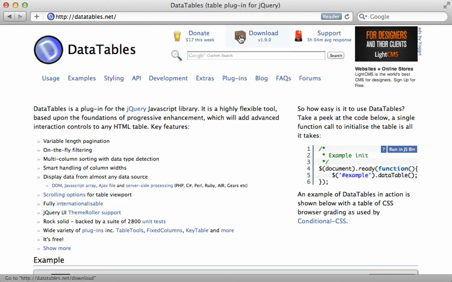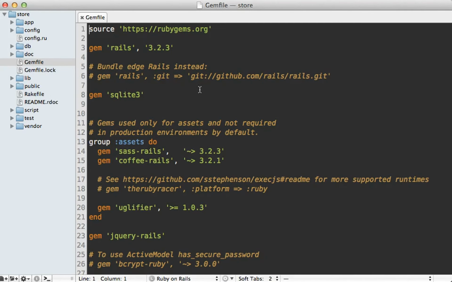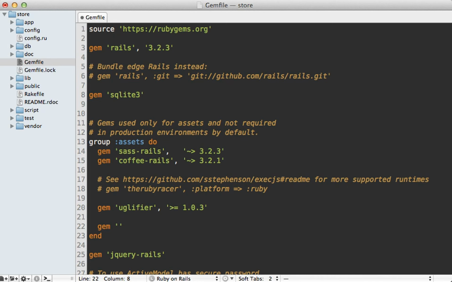Now we could just download the source code and use that in our Rails app, but it's a little bit tricky to add to the asset pipeline because it includes images with relative paths that we would need to fix. Fortunately, there is a gem to help make this easier. I'm going to add this to the assets group in my gem file. It is called